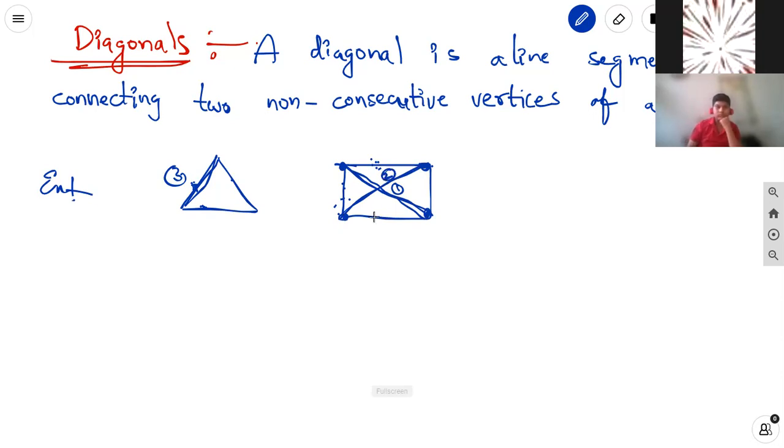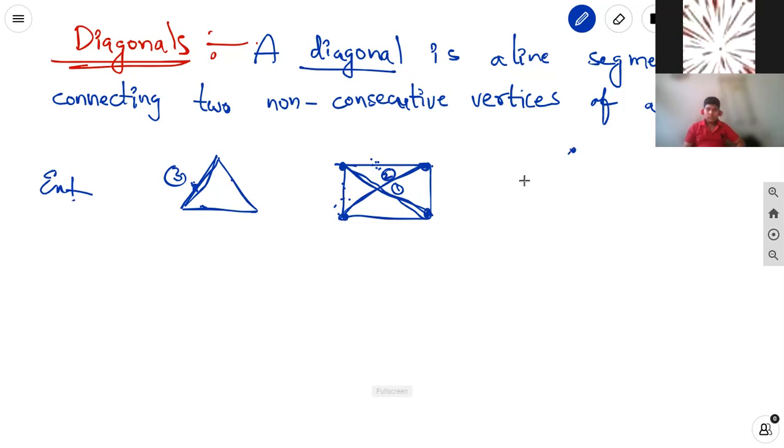So, two diagonals. In the square, rectangle, trapezium, parallelogram, whatever the four sides are there, four line segments joined with the closed curve, it's a polygon. In that we can draw the two line segments, joining non-consecutive vertices. Those are called the diagonals. A diagonal is nothing but a line segment only, but that line segment is connecting two non-consecutive vertices of a polygon. That is the opposite vertex.